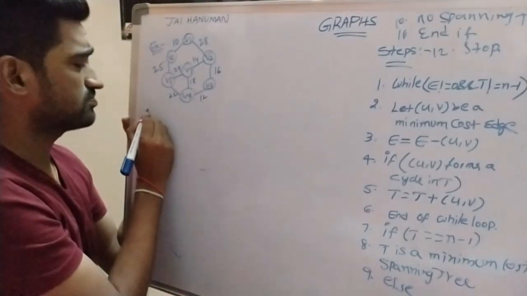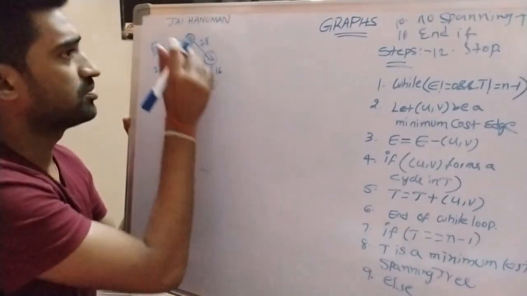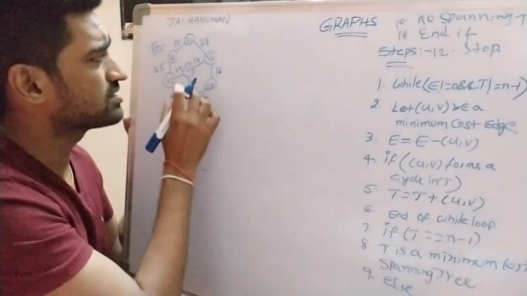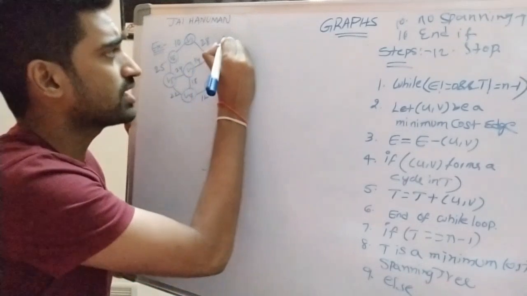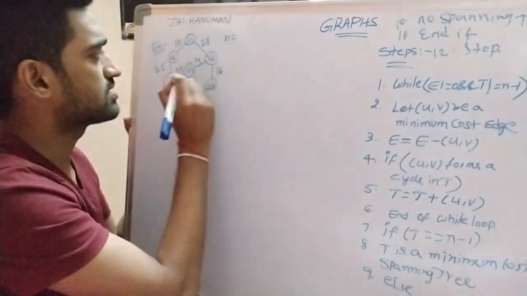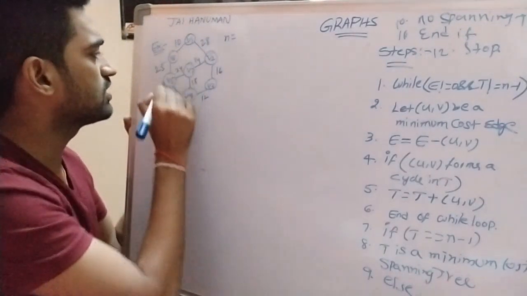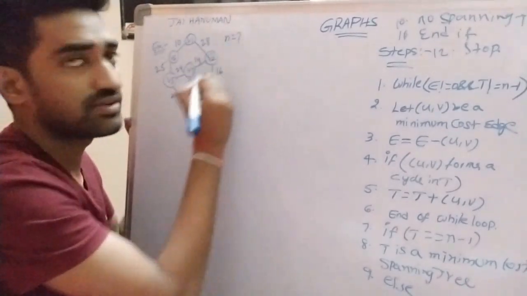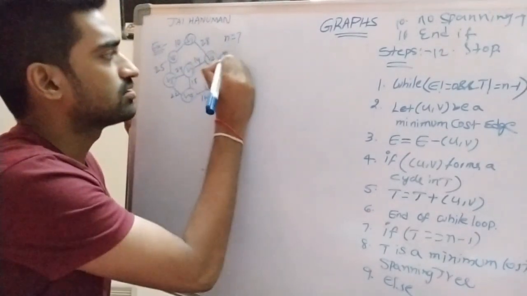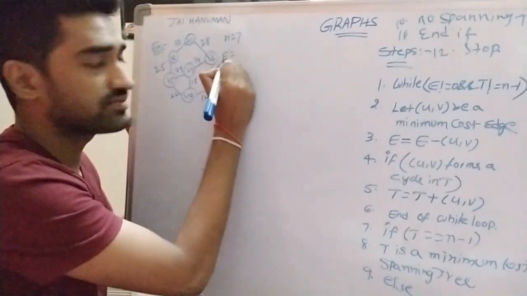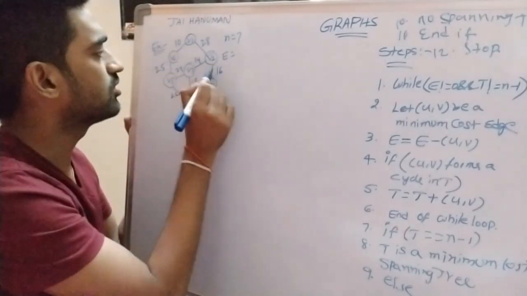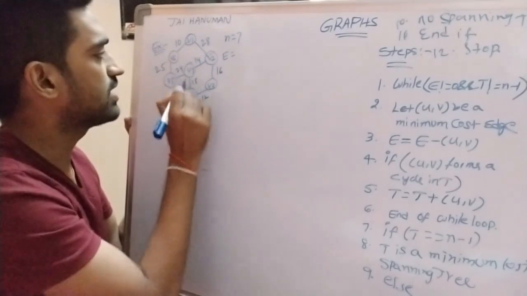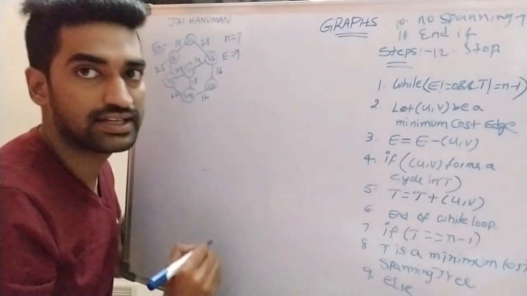Before performing the steps, first of all, we can take the input and output. The input contains the number of vertices. How many vertices? 1, 2, 3, 4, 5, 6, 7. 7 vertices are there, right? Then edges are represented with E. What is the number of possible edges? 1, 2, 3, 4, 5, 6, 7, 8, 9. So E is equal to 9 edges, right?